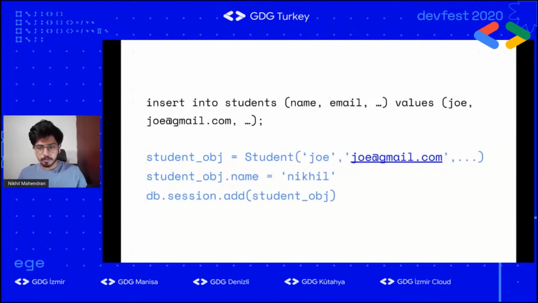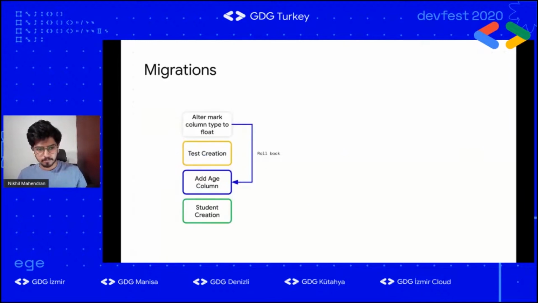Next, we'll see about migrations. ORM also facilitates us to do database migration. As I spoke before in the first slide, after you create the class, if you run a command called migration run, the tables get created for you. So student creation in the red box below, you create student. After that, you are adding a column called age. After adding the column called age, you can just again do migration.run, and the column gets added automatically into your MySQL. You don't need to add it manually.